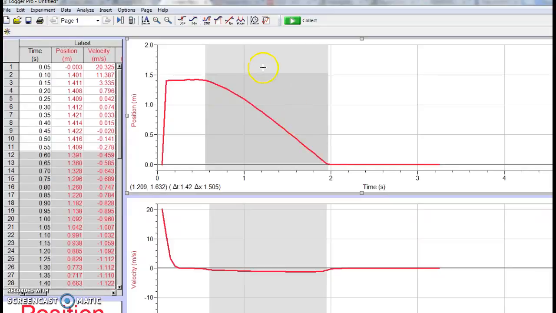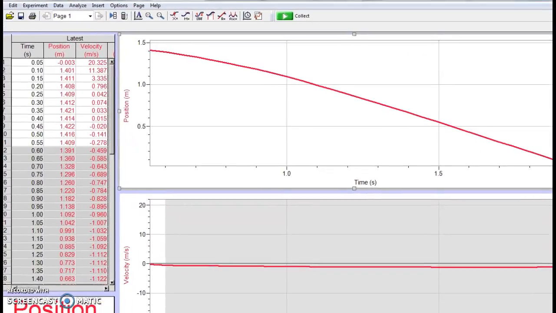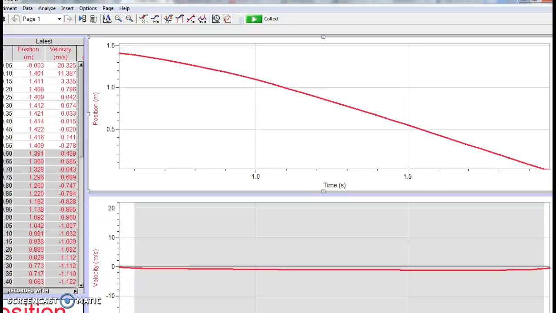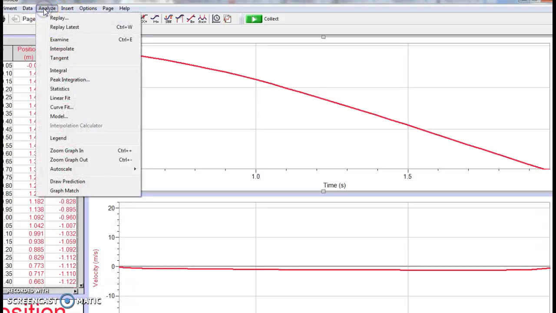Highlight that time and select the Zoom In button, which is this magnifying glass with a plus sign. Once you have your graph zoomed in to the time period where the coffee filter is falling, you are ready to analyze. To analyze your graph, you're going to want to select Analyze, Curve Fit,